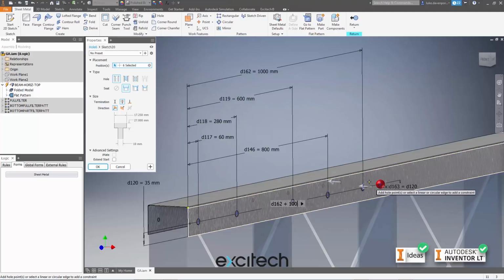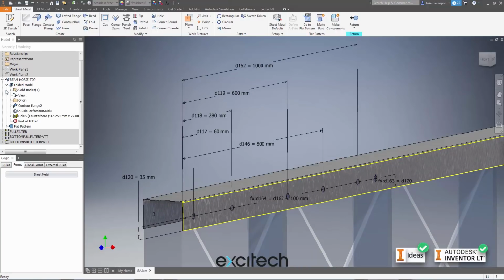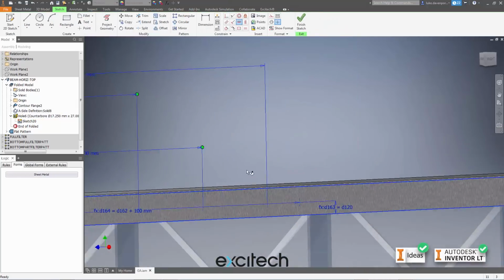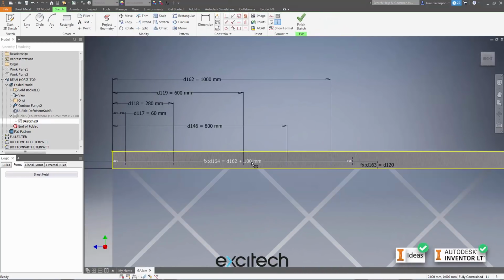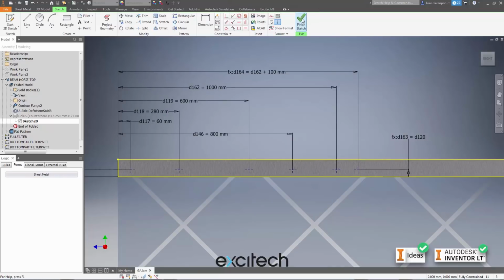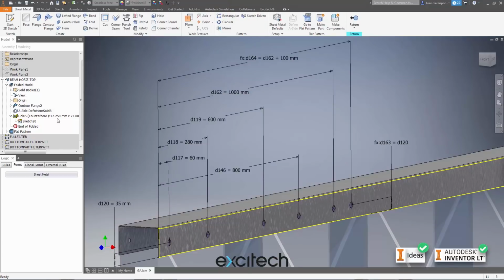1000 plus 100, and you see I've got this extra point. And so now if I was to accept this hole, you'll see what we did there is we added these 2 extra holes, and both of them have been added as points into the sketch that controls that hole. So you see in this sketch here, it's added an additional hole, an additional point with those extra dimensions that I specified. So we've kind of gone back into the sketch without going back into the sketch, directly from the